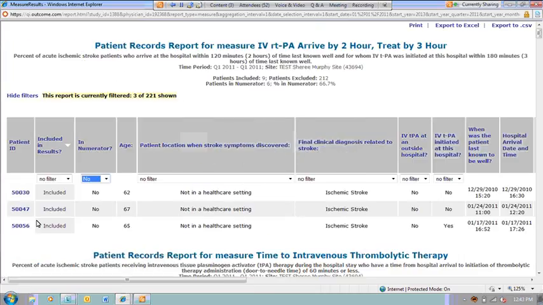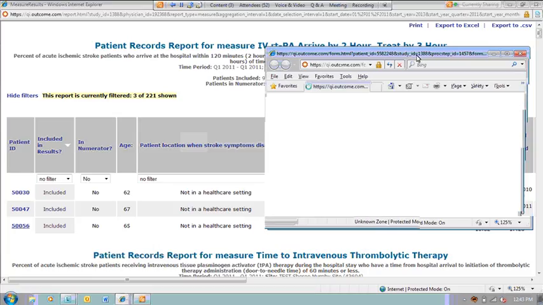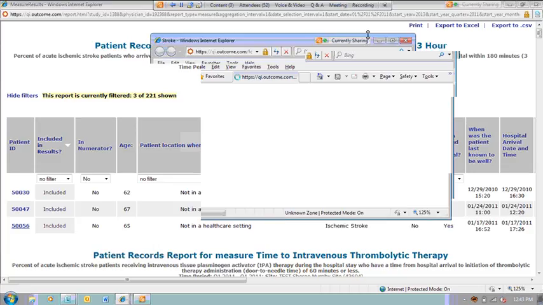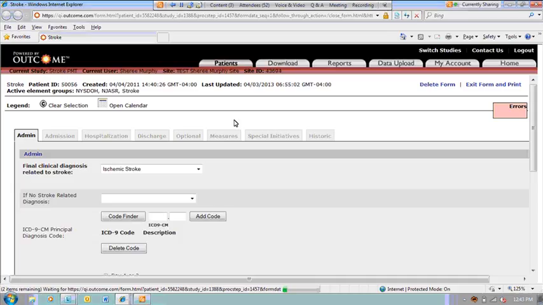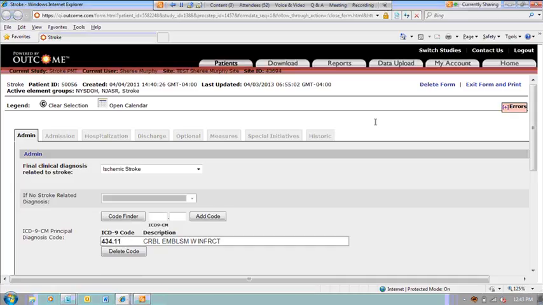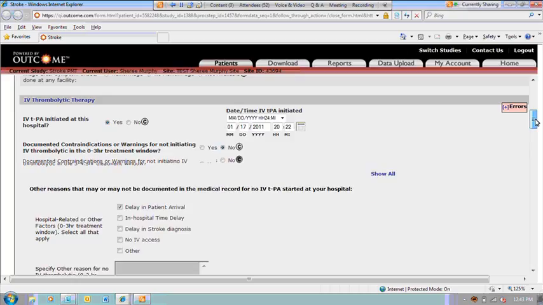You can also link into these records. You'll see the hand display when I go over the patient ID, and you can actually go into the record that you've created in the patient management tool to see if you've left yourself any notes or anything in here about why a patient may not have met a particular measure, or to take a look at some other information about this patient before you have to go back to the actual medical record and review this case again. You may be able to garner some more information. Maybe you've left yourself some comments in some of the comment sections around this particular patient.